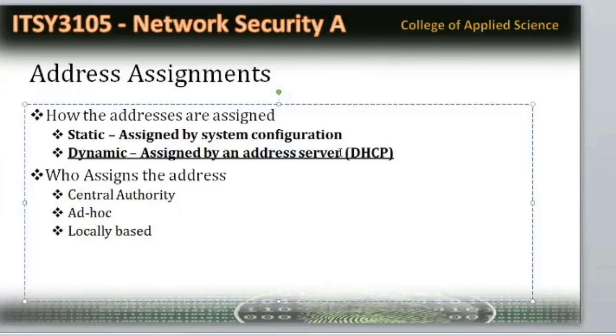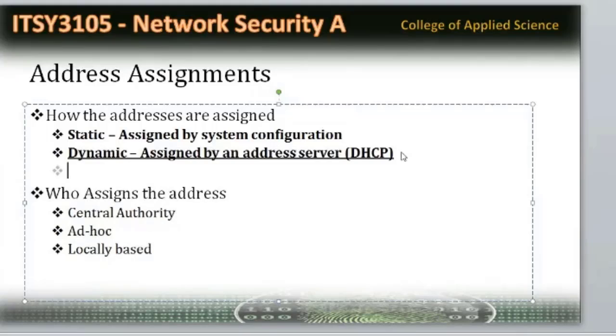So using the DHCP server, you can easily assign the IP address to everyone in the network. These are the two methods of assigning the IP address. Then, the next question: who assigns the address? Who is going to give you the address is going to change depending upon